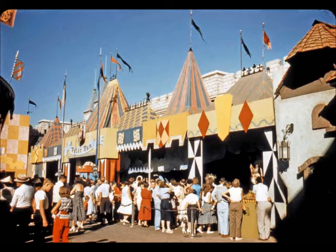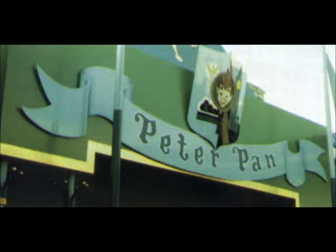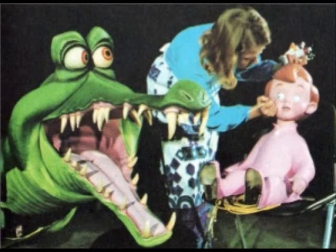One of the most popular rides in Fantasyland in any of the Disney parks is Peter Pan's Flight. Much like Mr. Toad's Wild Ride and Snow White's Scary Adventures, the ride was set to be a dark ride. Imagineers wanted Peter Pan's Flight to be different, however, and not be confined to a single track and be in tight, closed places. They soon decided to have the ride vehicles fly to make guests feel as if they were flying alongside the characters. Imagineers such as Herb Ryman, Bob Matty, Claude Coates, Marvin Davis, and Ken Anderson worked on